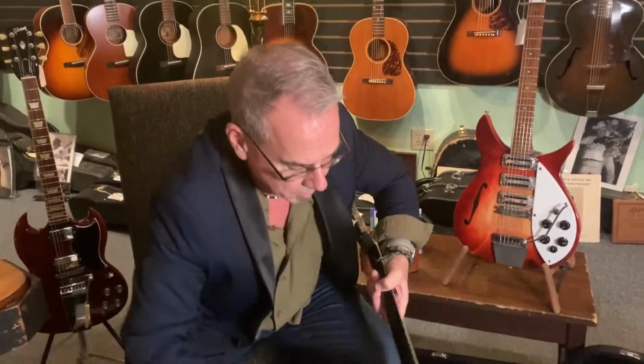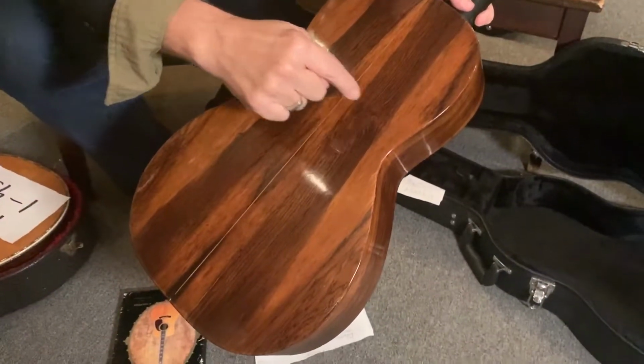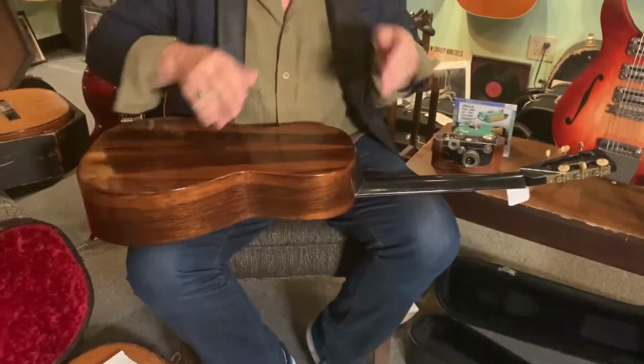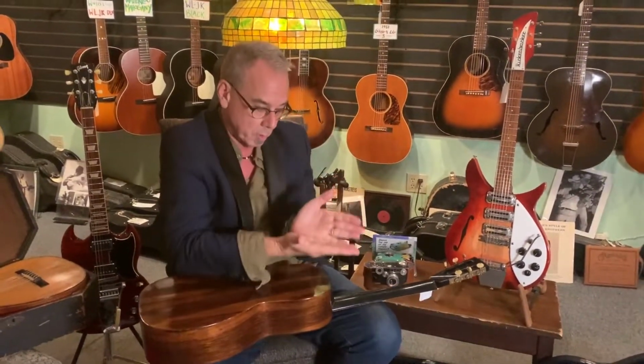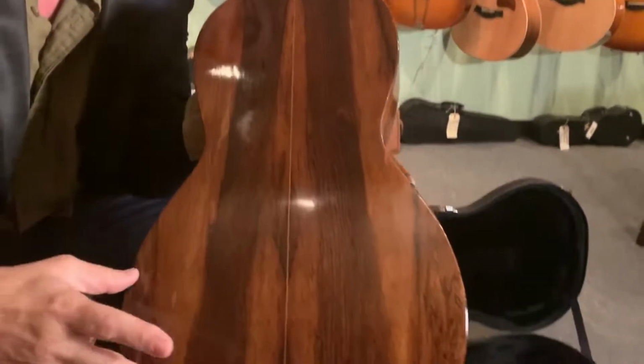I will also share that I have this. This was made in 1865, okay? So right away, if we look at it, we can see the ice cream cone heel, and here you can see a really interesting piece of book-matched Brazilian. And you guys know this. Book-matched means they take the log and they open it like that, like a book. So you have the same thing on each side. You can see these knots in the wood here. This is a book-matched top, and it's